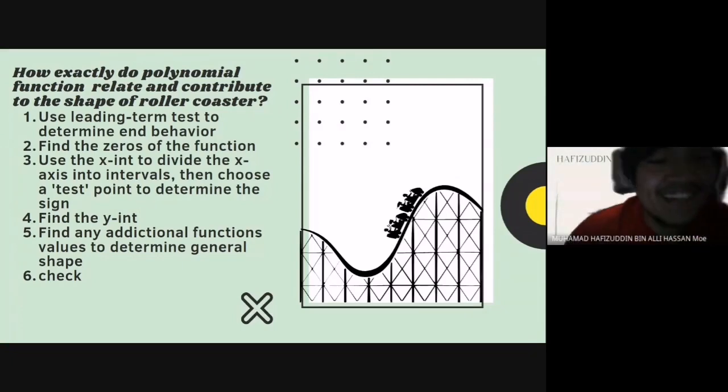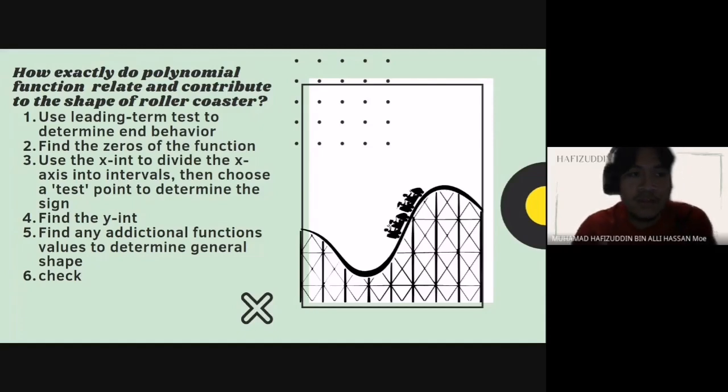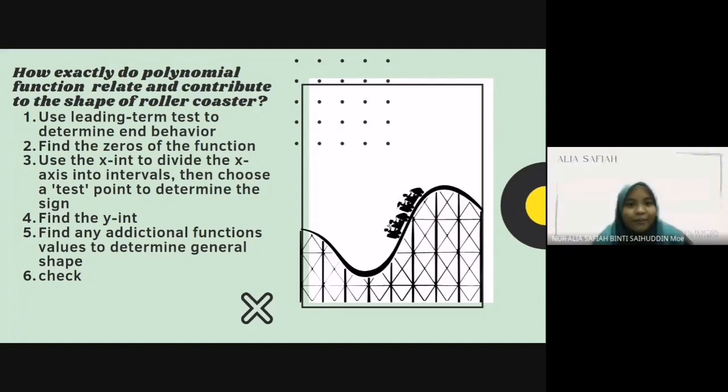Thank you, Ain Nabila, for the explanation. So, Alia, how exactly do polynomial functions relate and contribute to the shape of a roller coaster? Polynomial